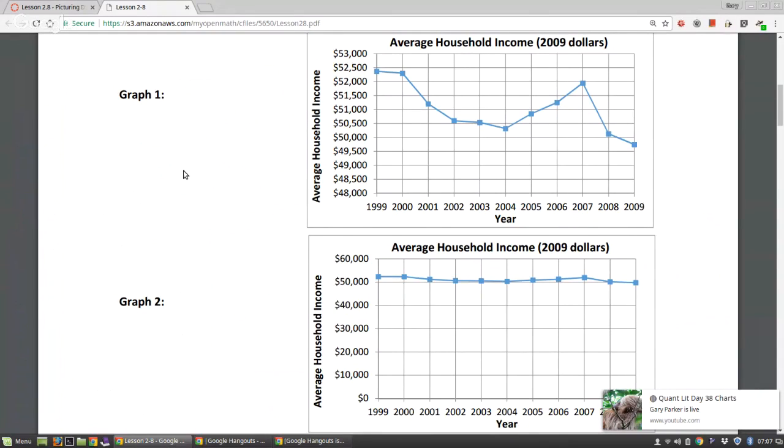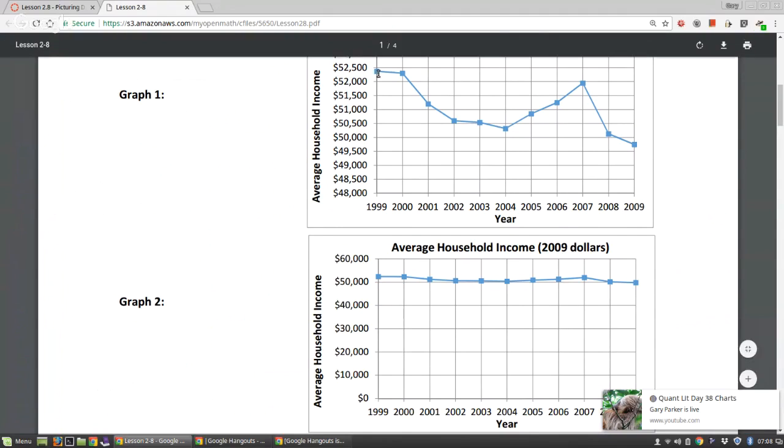Notice the two graphs here, average household income. Now, they're measured in 2009 dollars, so that means over time, 2000, 2001, up to 2009, it's adjusted for inflation. If you take inflation into account, which this graph does, average household income in 1999 was worth 52,400-ish. In 2009, we trace back here, somewhere between 49,500 and 50,000, so maybe